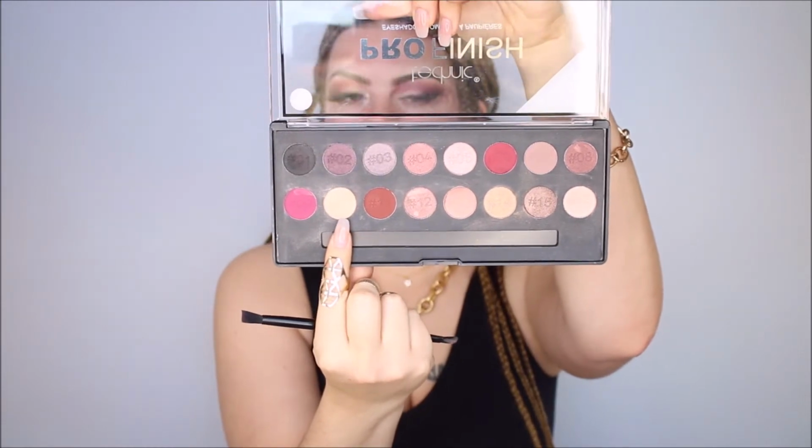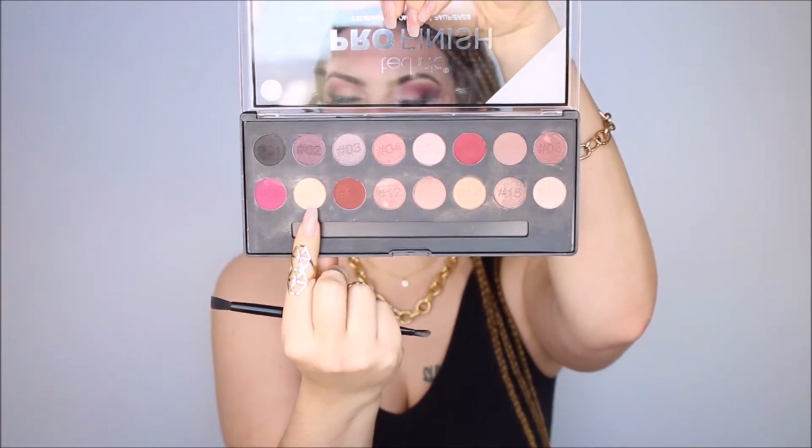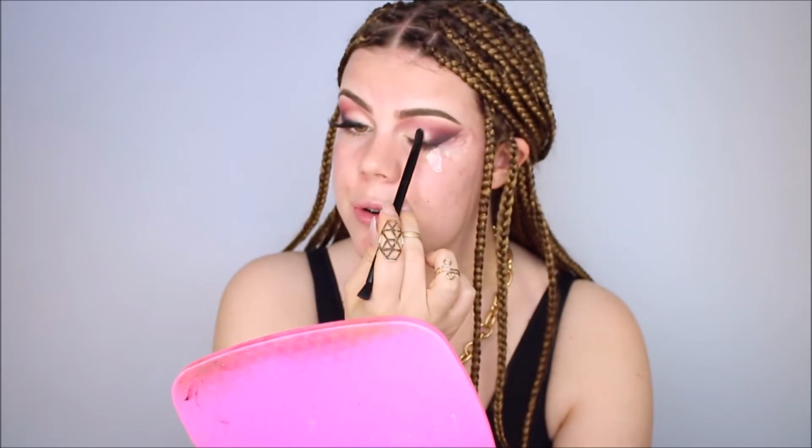Everyone was very nice. Now I'm going to take the color number 10. It's like a light shimmery gold color. And I'm just applying it right here on the lid. But yeah, going to Ghana is probably my most favorite vacation I have ever been on. And I have been to 20 countries, so...